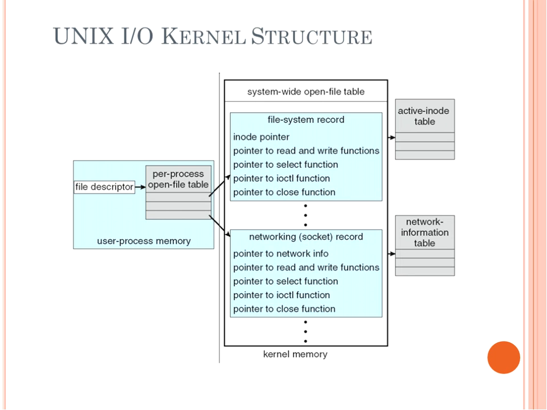Unix input-output kernel structure, you can take a look at this. In week 13, actually, we're going to go more in depth in Windows, but Unix is a very popular operating system. You should be familiar with it. More than likely, you will see it in the workplace. It is commonly used in addition to Windows and in addition to Mac. Most workplaces will have all operating systems pretty much represented, at least these three. You may have some more specifics like IBM for their minicomputers or for workstations.